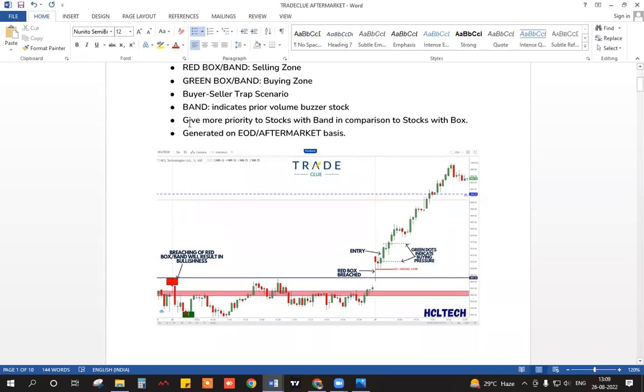Okay, and the most major thing is, suppose there are 3 stocks I have chosen on aftermarket basis. One stock has a band in it. Suppose we are planning to buy a stock, and one stock has a red band and 2 stocks have red boxes. So more preference I'll be giving to those stocks which have a band. Why? Because I said